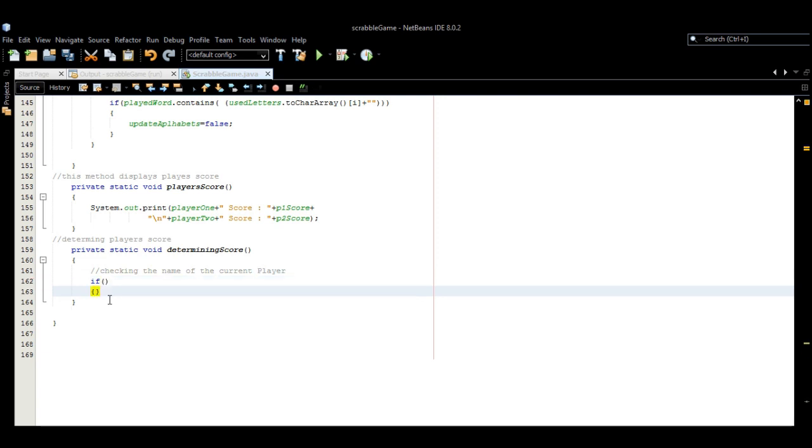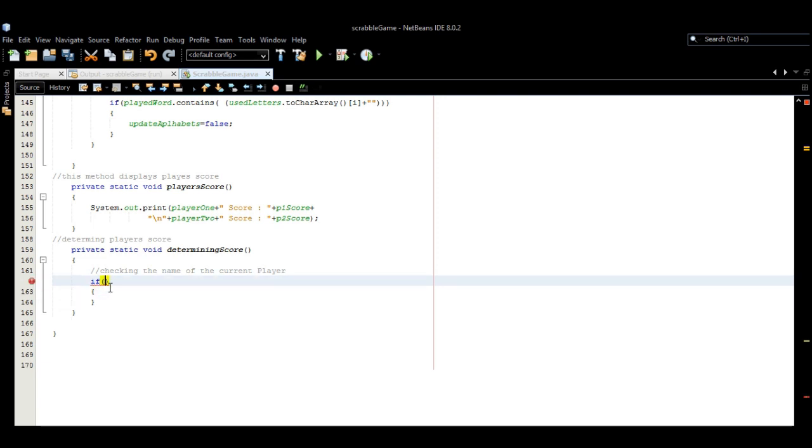Now here I want to check the name of a current player. Now I'll say if this current player method is equals to,